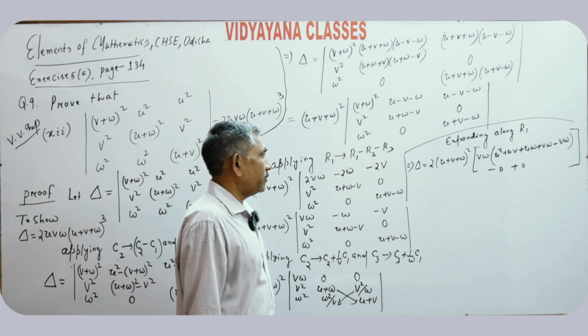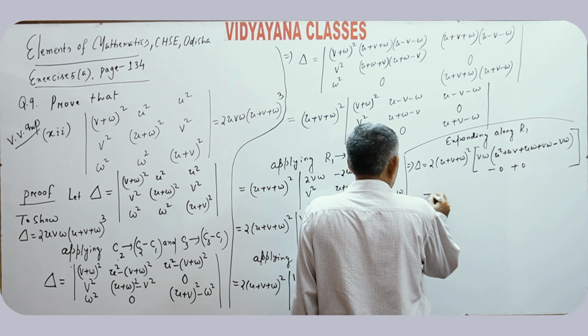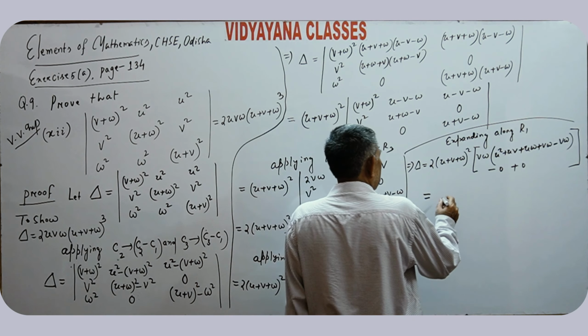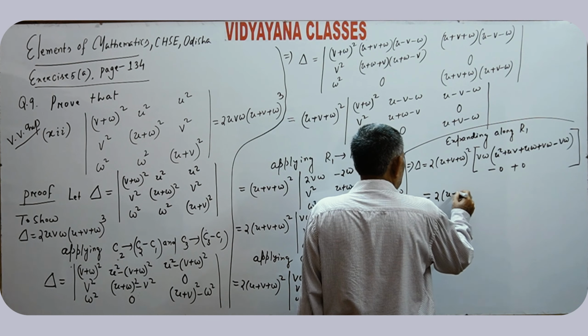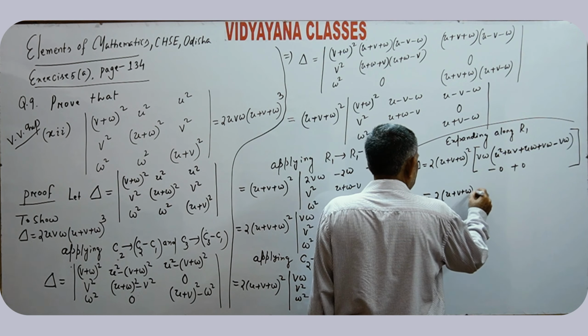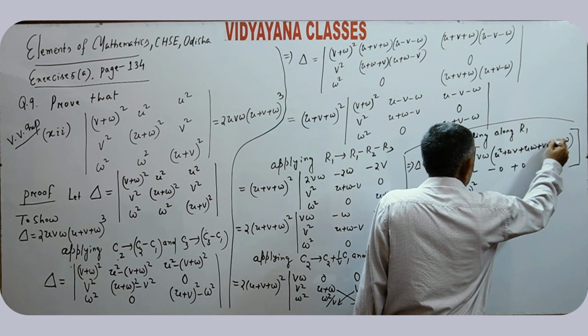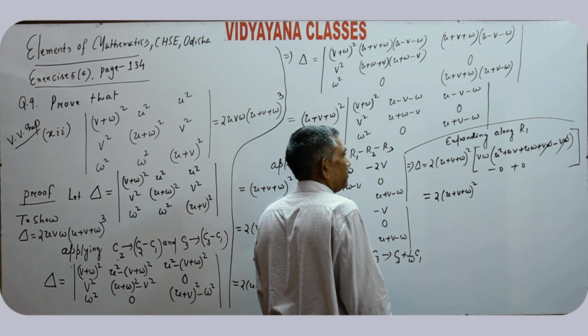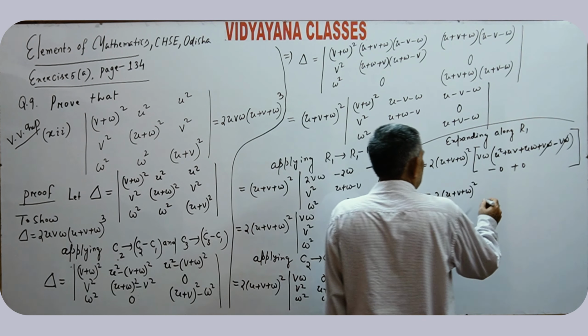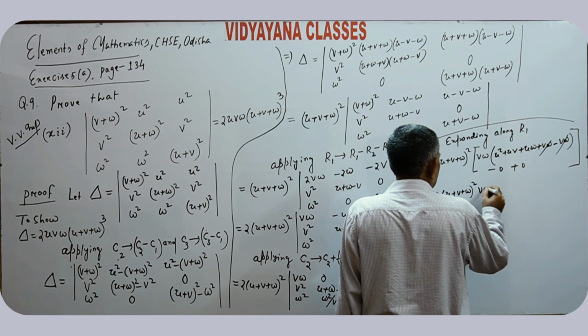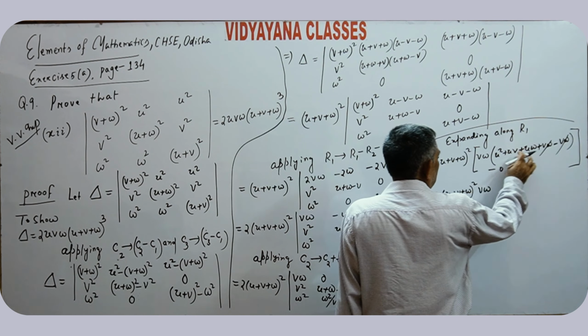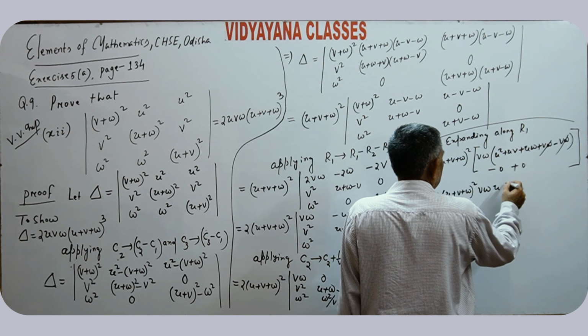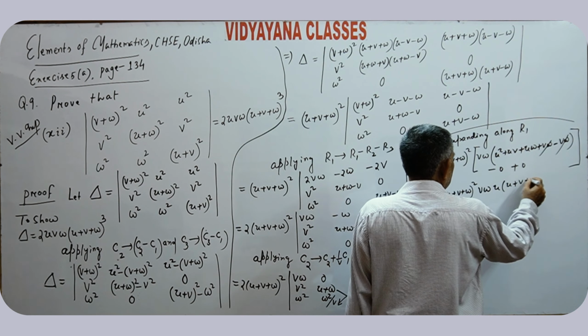Expanding row 1, which is same as 2 into U plus V plus W whole square. VW cancel. VW, U taking common, it gives U plus V plus W,